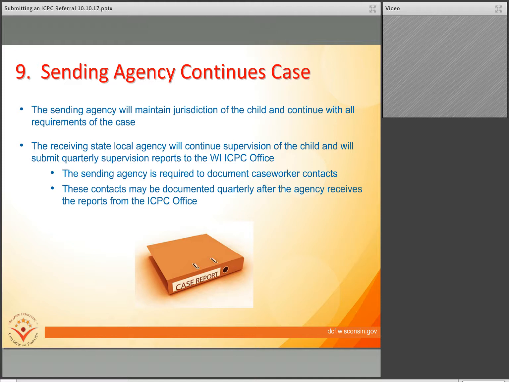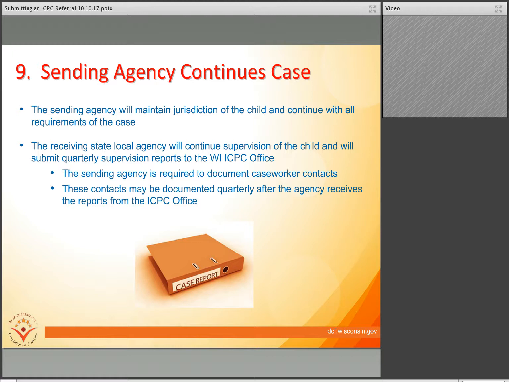You may want to request a report about any visits during the final quarter of the federal fiscal year, so July, August, and September, no later than the last week of October, in order for you to document those in eWisAquis and be considered in the federal database. If your agency is not receiving documentation of these quarterly supervision reports from the receiving state, please just contact the ICPC specialist as soon as the problem is detected. They will work with the receiving state to address the issue.